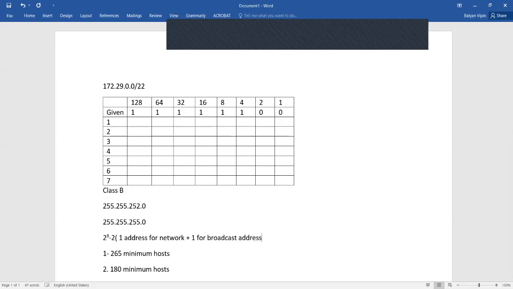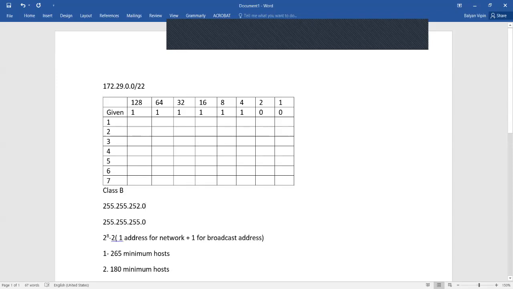So 2 raised to the power 8 is 256 minus 2. That is the number of hosts that network can accommodate if we are using 24 bits. How many bits do we have here? It's 22 basically.